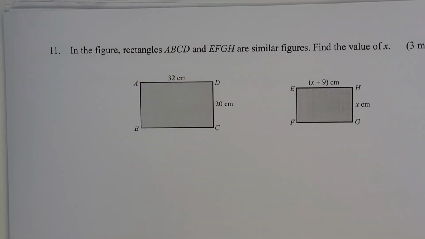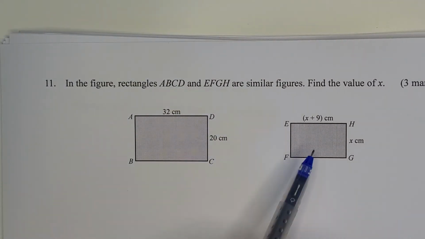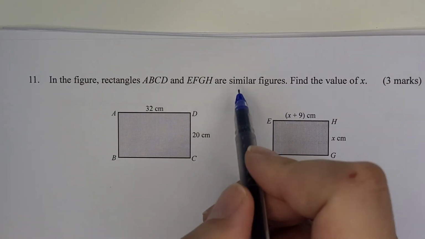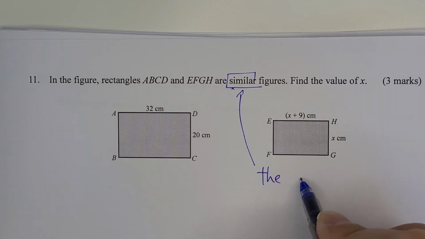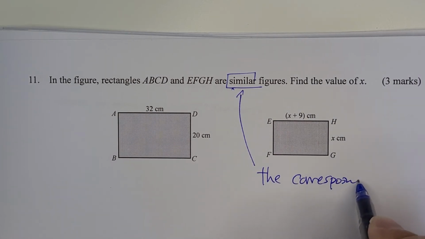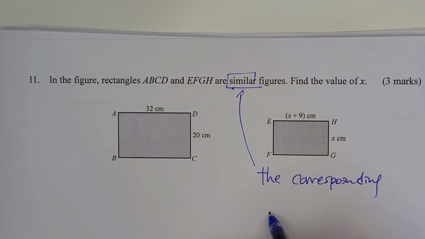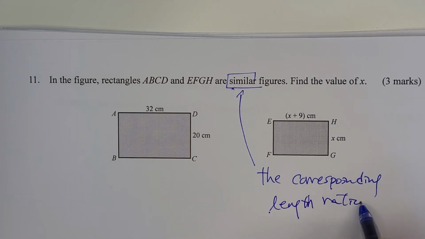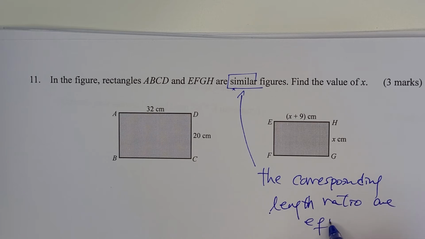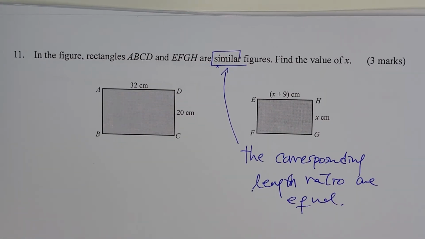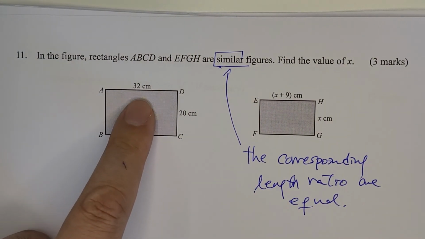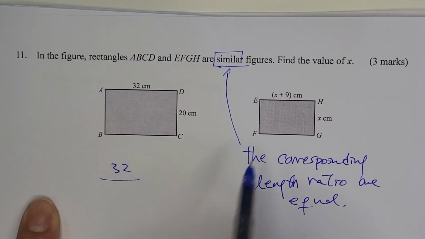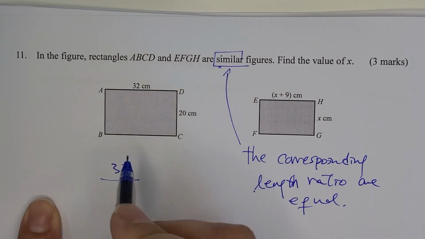In the figure, ABCD and EFGH are both rectangles, and similar figures. That's the key word, similar. When you see the word similar, that means the corresponding length ratios are equal. That's the key concept of similar figures. So the length that is 32 and the corresponding length of the smaller rectangle is